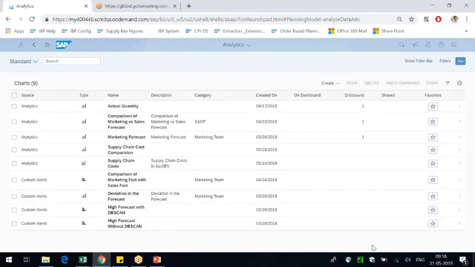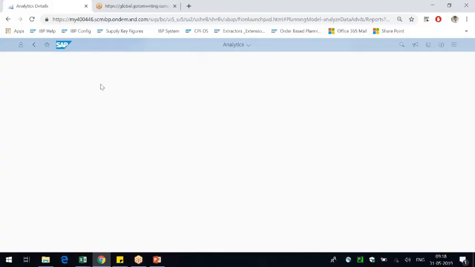Now let's do some analytics on the consensus demand key figure. Clicking on create analytics chart. Venkat, this is a web UI for the entire IBP, correct? Yes, for the entire IBP. All the configuration we do from the web UI, which is on cloud. All you need is a server link and user ID and password.